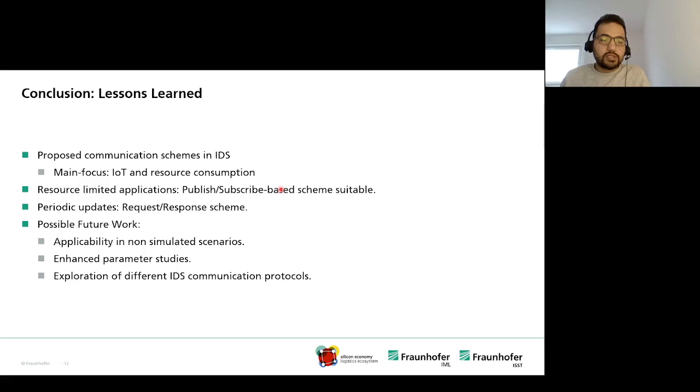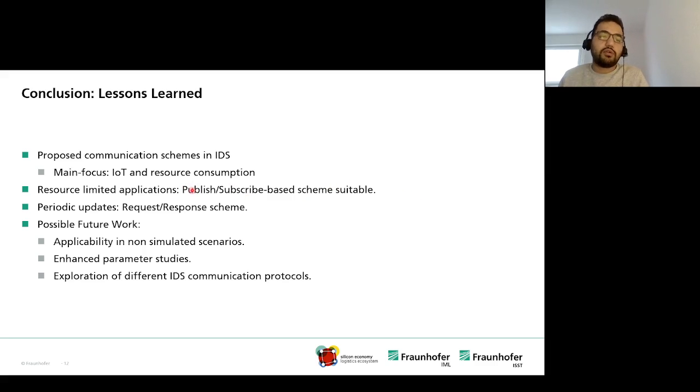We can understand that in resource-limited applications where CPU usage must be minimized, the publish-subscribe based scheme is more suitable, as there is a longer period of wait between the subscription and receiving a notification and moving on.